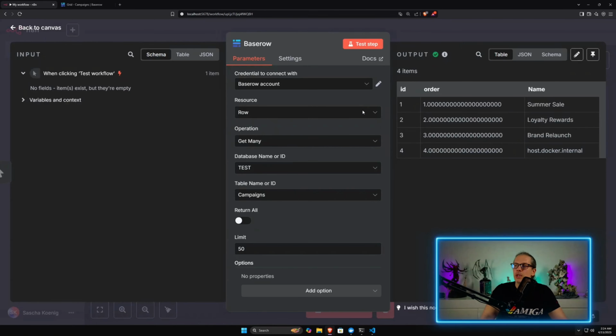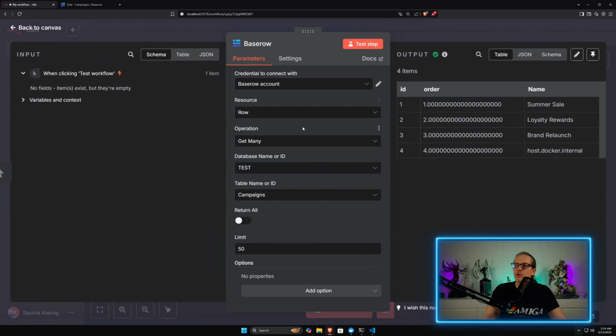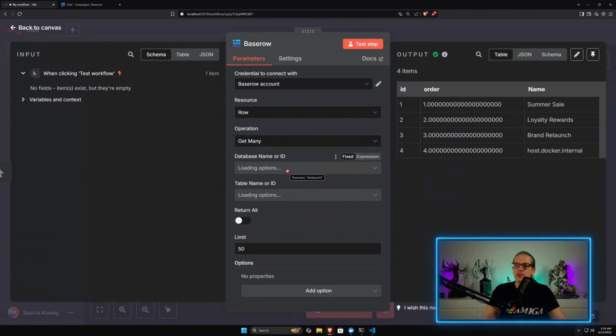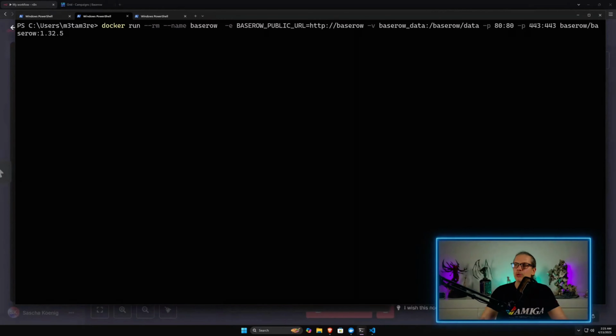So the way I would like this to work is just to have something like http:// and then baserow. And of course, right now I cannot reach it under this entry. And now I will just restart my baserow container and just change the public URL to http:// and